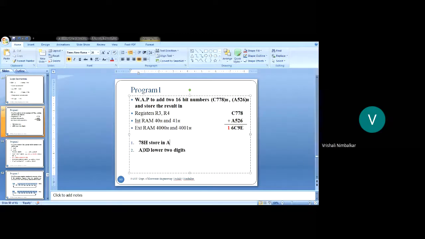So I thought of doing lower digit addition. Initially, I will store one lower number in the accumulator, and then the second lower number, which is 26 hex, is added with the other number.